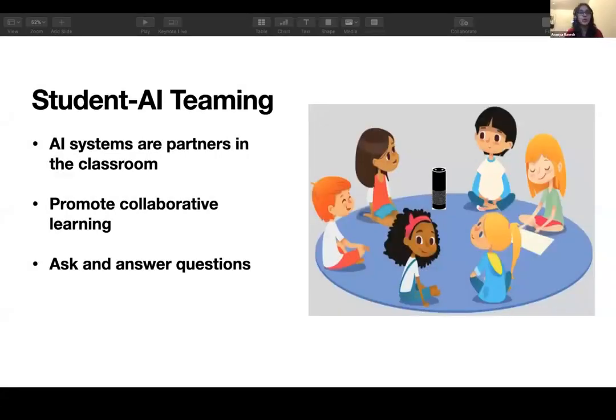Yeah, okay. So what we want from such a system is to engage students to speak more in a classroom, especially in the process of collaborative learning. And we also want the system to be able to ask and answer questions related to the content. So asking questions in order to provoke a student to think deeper about concepts that are being taught, and answer questions that a student might ask to the system. So ultimately one of our main goals is to get the student to speak more in a classroom.